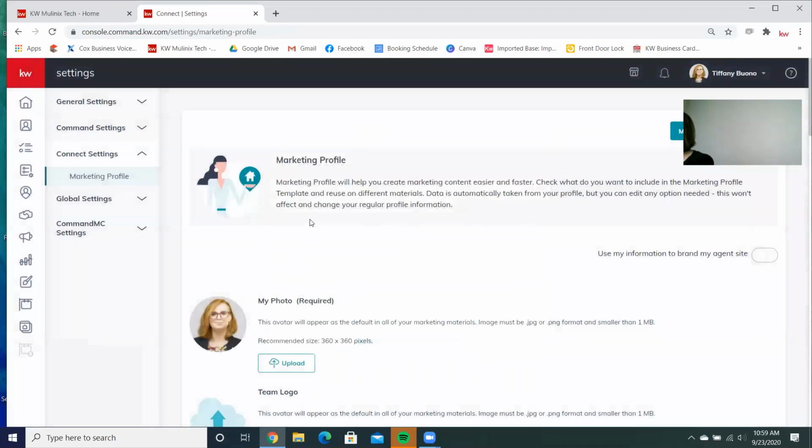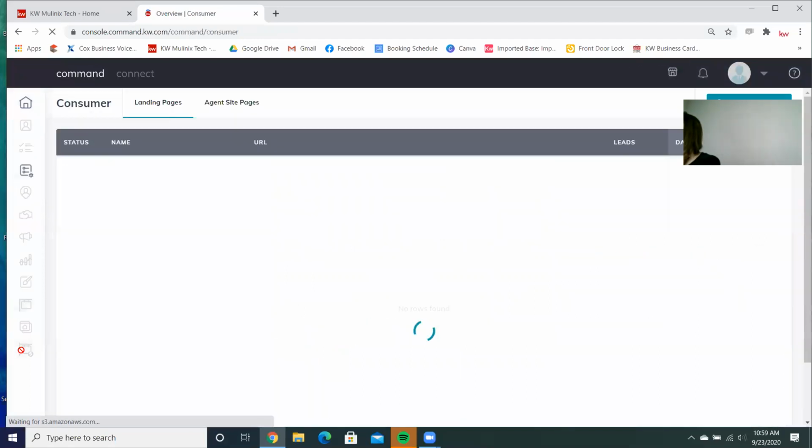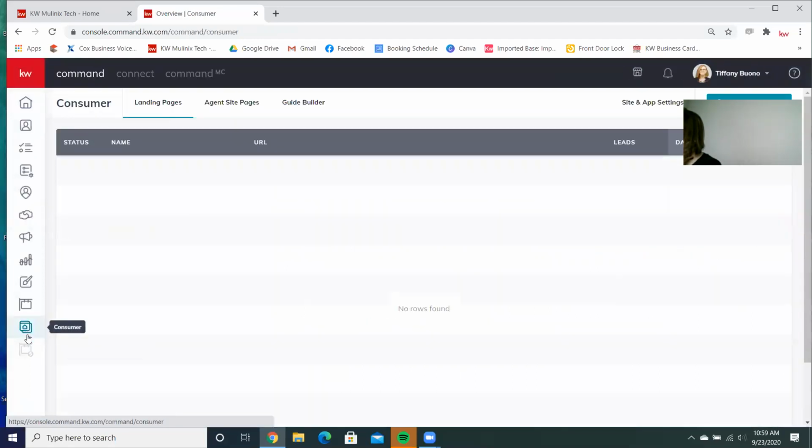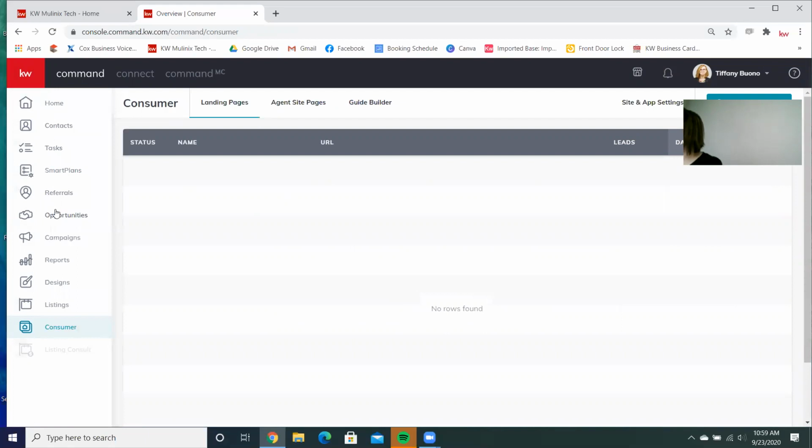So, that being said, we're gonna go to consumer. It's this very last clickable icon down here on the far right. If you don't know what these are, you can click the KW and it will list them out for you. Once you kind of get familiar with it, you'll just know which one is where. So you click consumer,